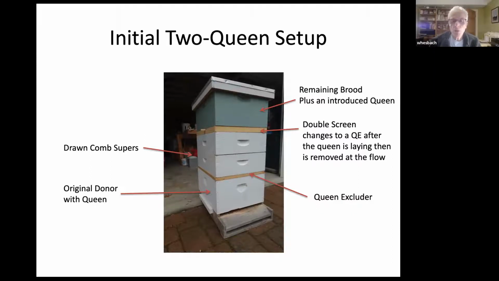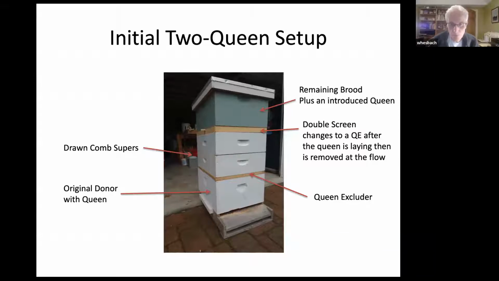All right. So you have to know when your flow is, because the flow is what distracts the queens. And if this is timed correctly and you remove those queen excluders right at the beginning of your main flow, and you probably all know when that is,